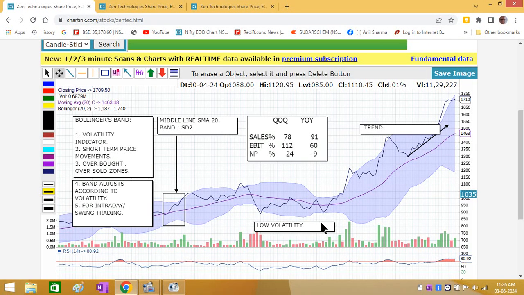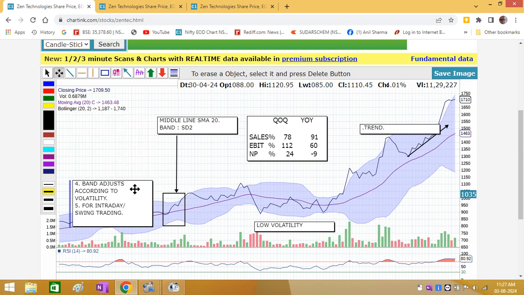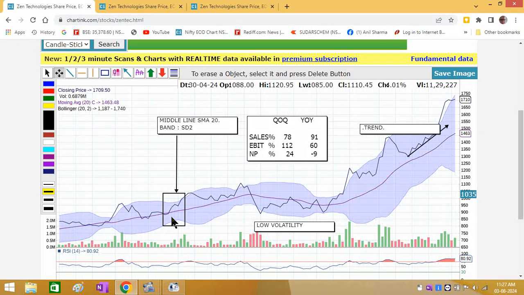Okay, friends, and then is the trend. Whenever we trade, we only look at one thing, that the price movement should be in the up direction, and the stock should necessarily be a strong stock, because a weak stock will always put you in problem, and then you do not know when actually the price will go up and when you will make money. Just let me remove all these.